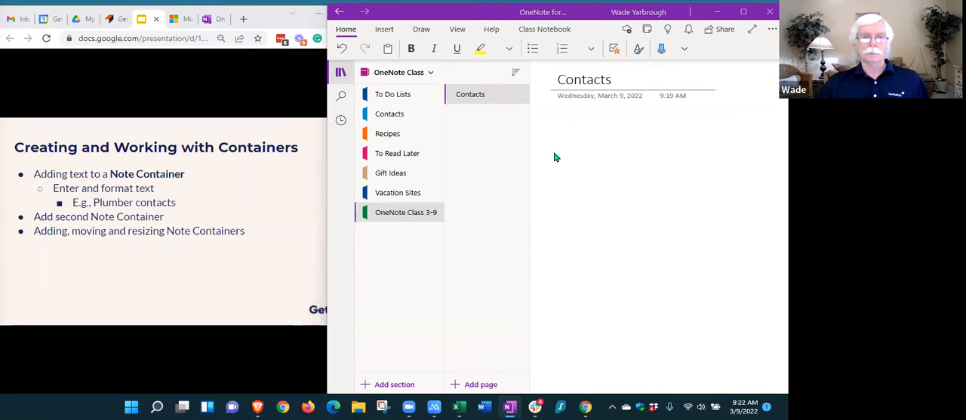Okay. All right. So now I'm ready to start putting information in my notebook on this page. So I'm in my contacts page, in my OneNote class section, in my OneNote class notebook, just to go over that breakdown again. So I click here to start typing something, and maybe I want to first list contacts for plumbers. So I'll put plumbers, and when I start to list them, I may want that to be a bulleted list. So I can click here and